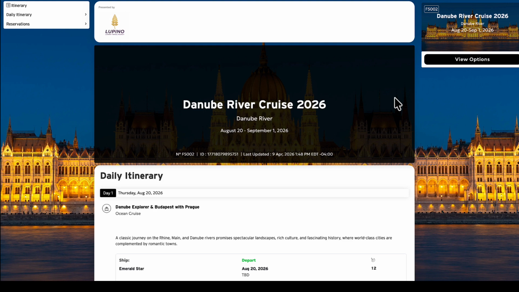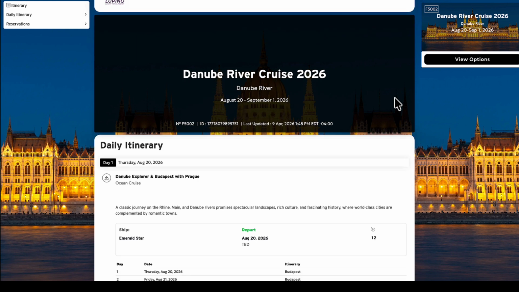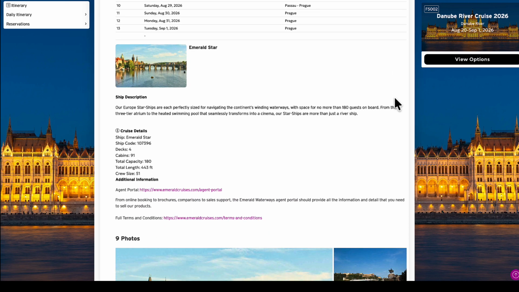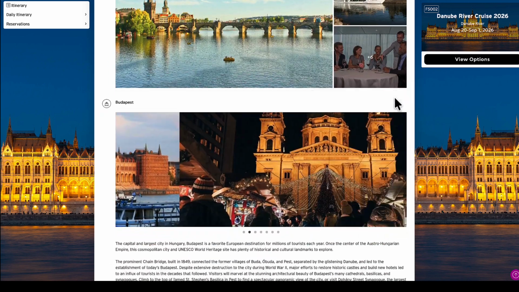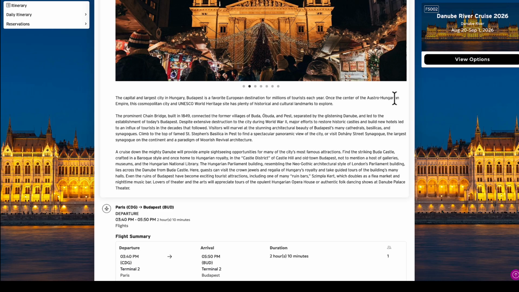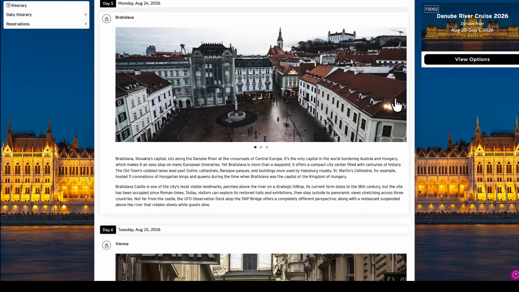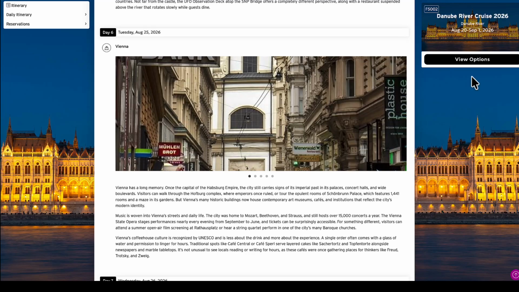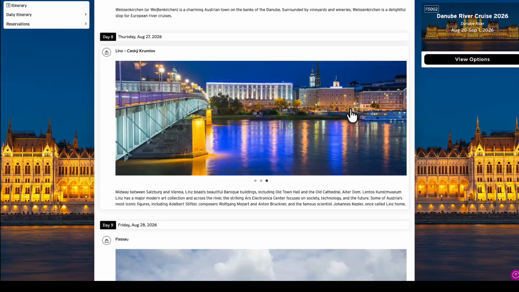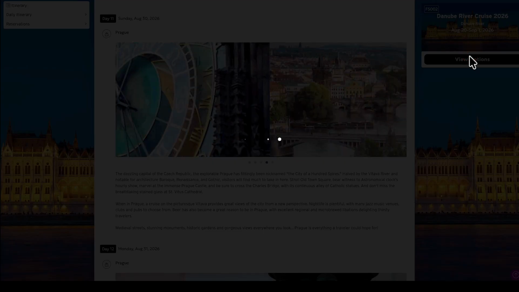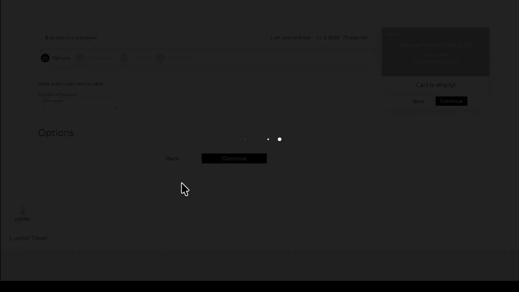So, for example, I have a river cruise here. I've pulled this in using our cruise API. I've selected my sailing date and my cruise, and I've pulled in the day-to-day itinerary. Now, on the right side, you'll see the View Options page. If my client likes what they see here, they can actually click View Options to select from the options that